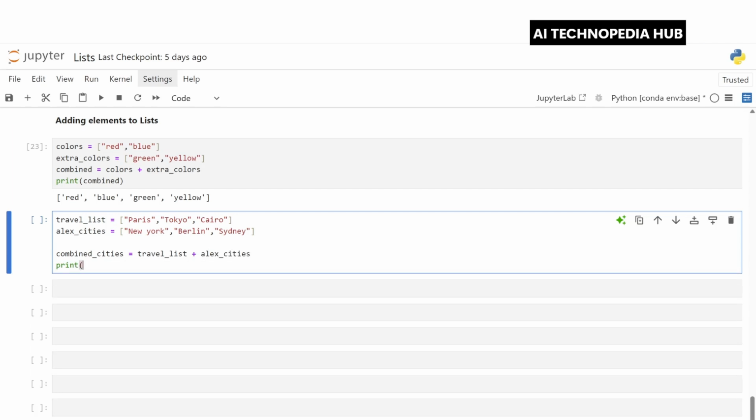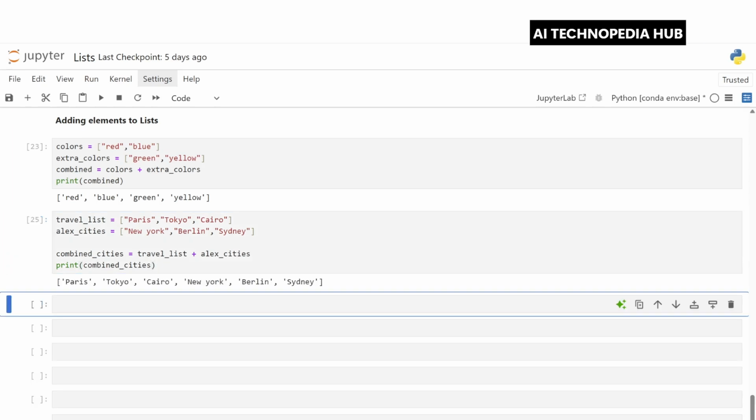Then we can print the combined cities. Now when we run, you can see that we have combined both the travel list and Alex cities using the list concatenation, which is the plus operator. So it is just like adding two numbers in addition.